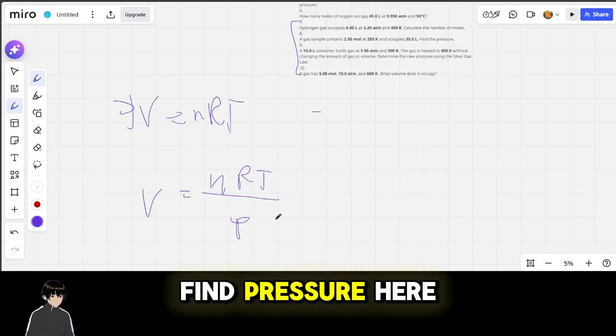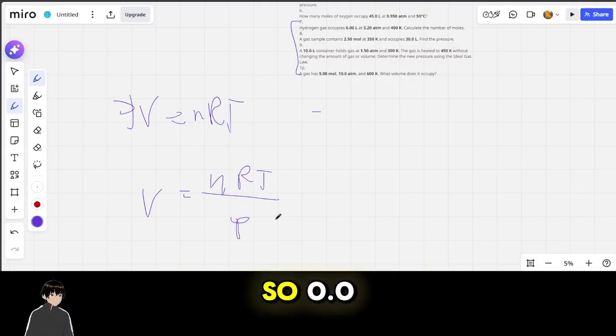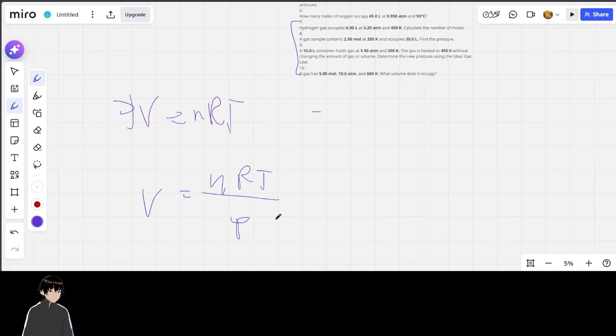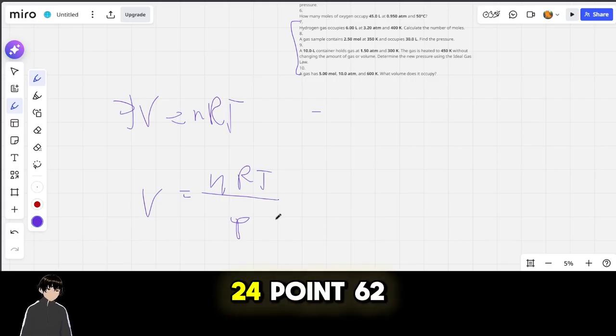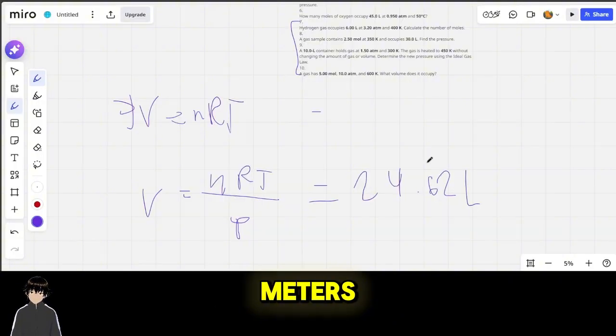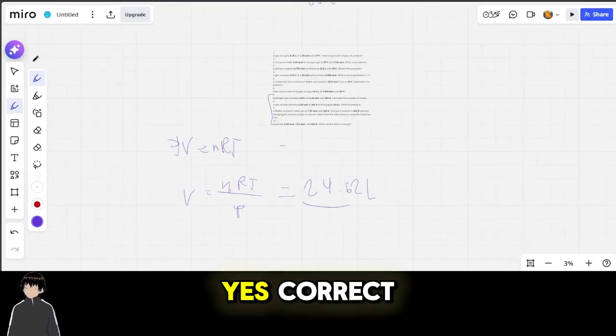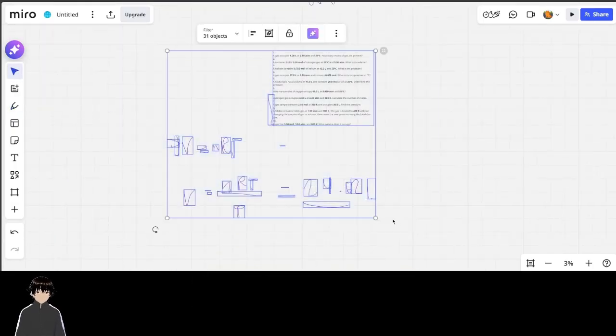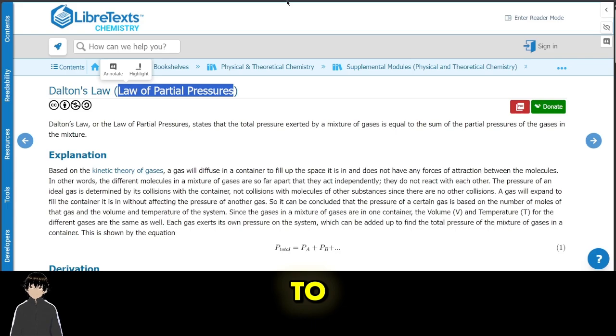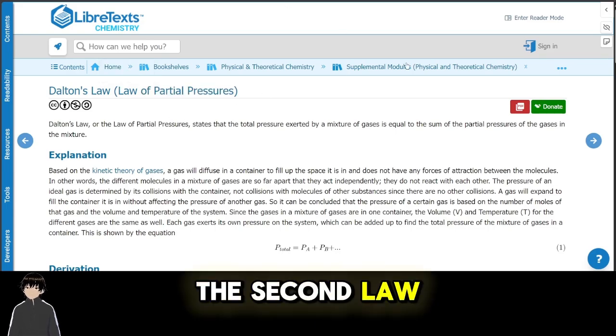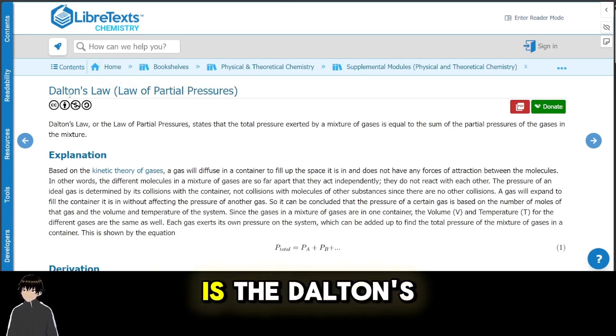I'm trying to find the pressure here. So 0.0. The answer is going to be 24.62. 24.62 meters. Yeah, it's correct. So now we're going to go to the second law that we're discussing, Dalton's law,